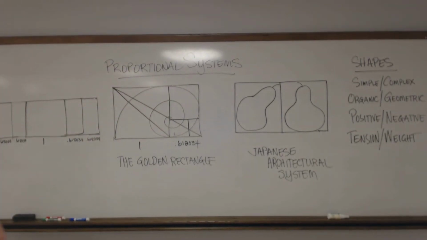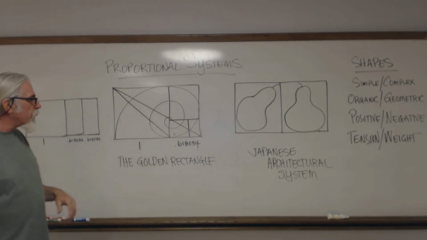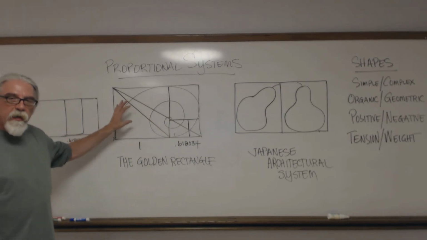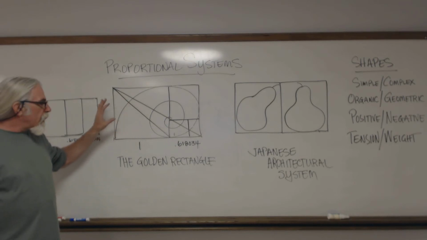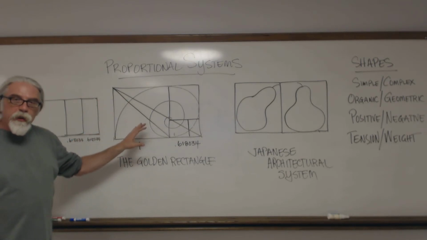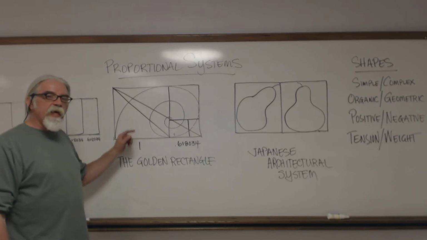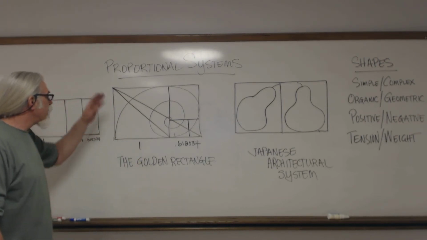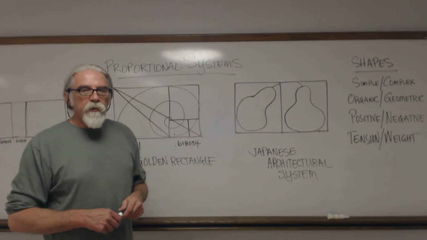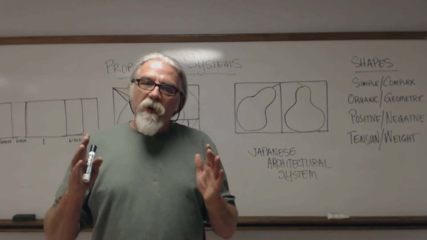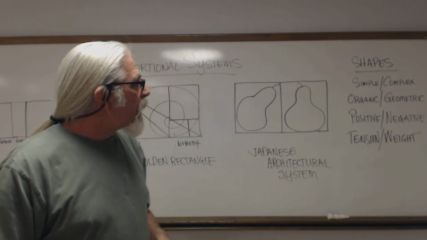So, think about, look at different systems, the Japanese architecture system. Of course, you can find out more about the golden rectangle or the golden mean or the Fibonacci sequence, which is a sequence of whole numbers that expresses the same thing as the golden rectangle. These proportional systems, along with the rule of thirds, along with all of these ideas of bringing the elements and principles of design in